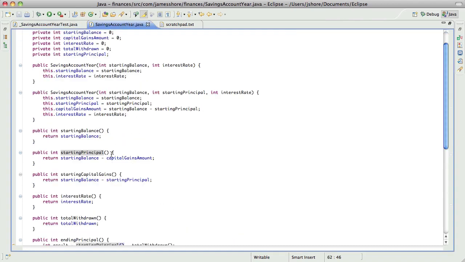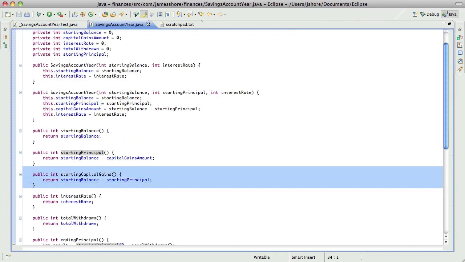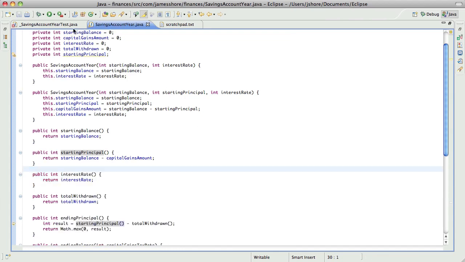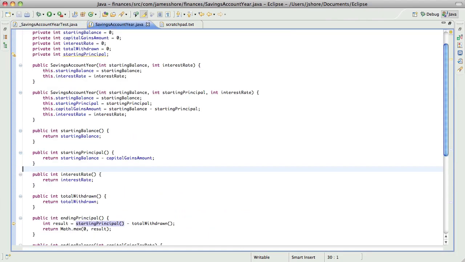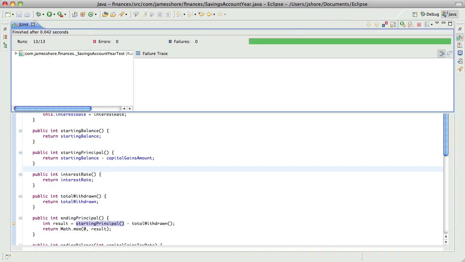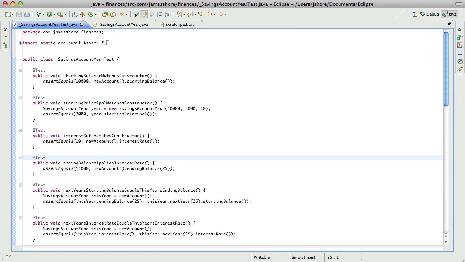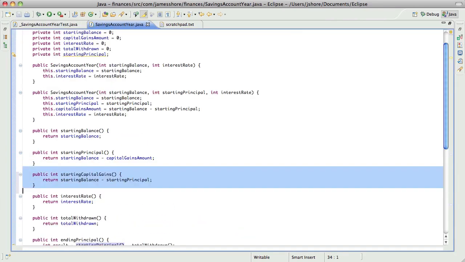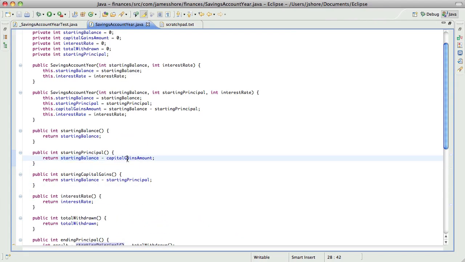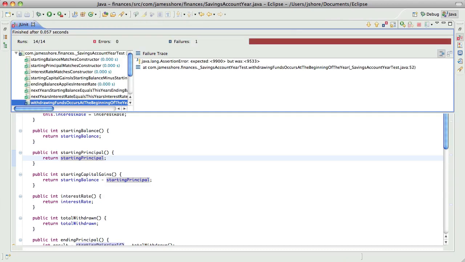Okay, so we don't really need to know our starting capital gains. All that matters from the perspective of the calculations we're doing, well, let's go ahead and put that back in for now. So what I want to do is, I don't understand why this doesn't work. If I return starting principal, it should work. And yet it doesn't. And only on this one